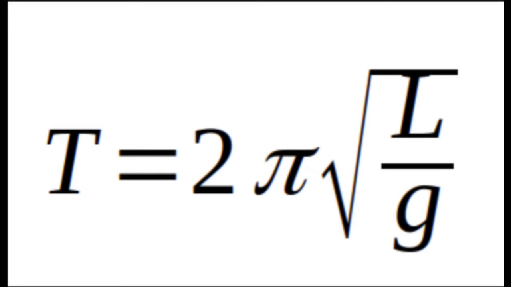Hello, today we will be using physics to determine how the speed of a pendulum's oscillation is affected by two different factors, that being the weight at the end of the pendulum and the length of the pendulum itself. We will do this by using this formula, which takes 2 pi and times it by the square root of the length of the pendulum divided by 9.8, which is the constant g that represents the acceleration of a free-falling